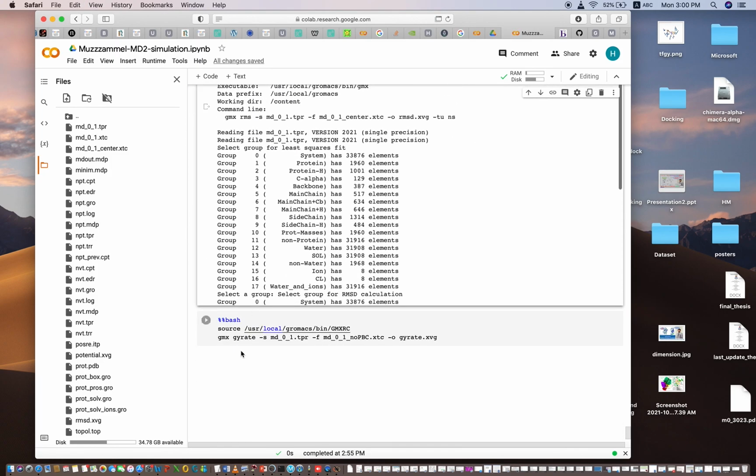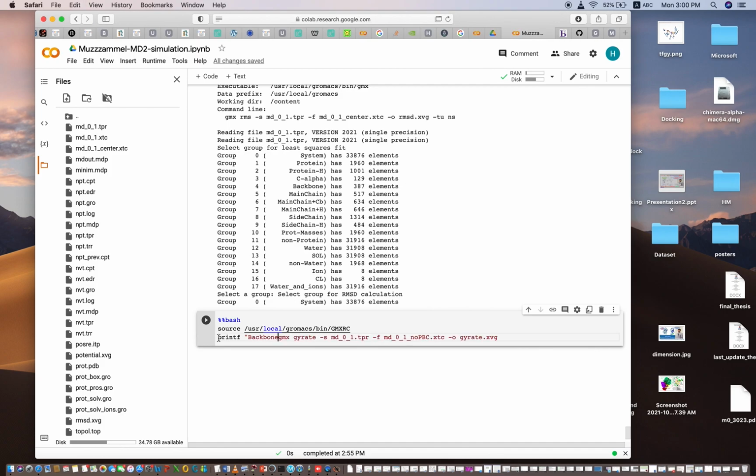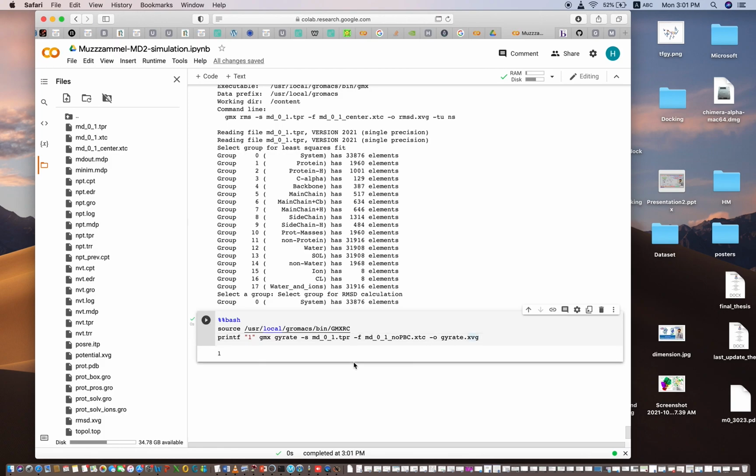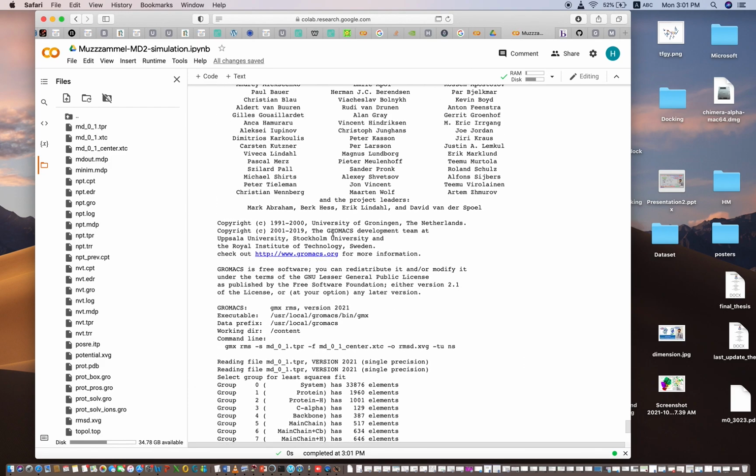I will give this at the start, printf quotes 1, because we are using option 1. Let's see what happens. Okay, yes, there is some problem as well. I have given